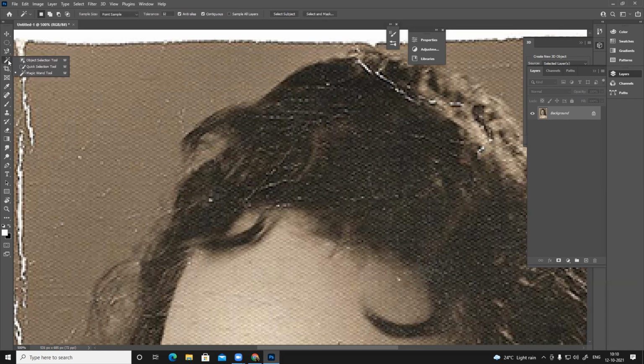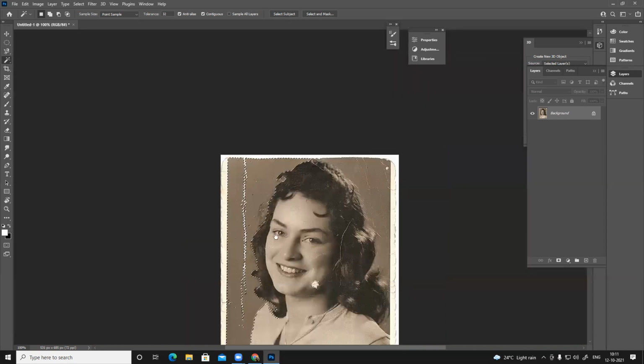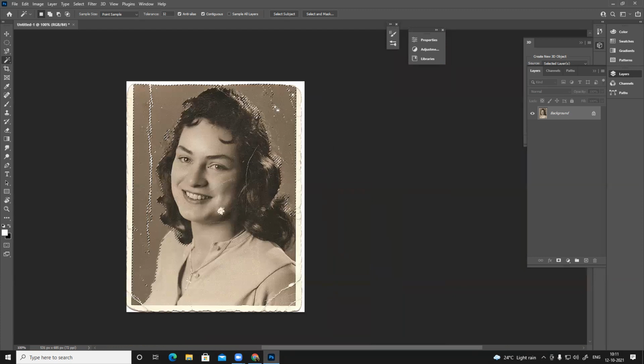Then you have something called the magic wand, used to select any solid color. By default its tolerance is 32, meaning it can bleed 32% into other colors. If you click this, it will select the entire thing or the same tone, within 32%. It can extend, and you can increase or decrease this based on your requirement.